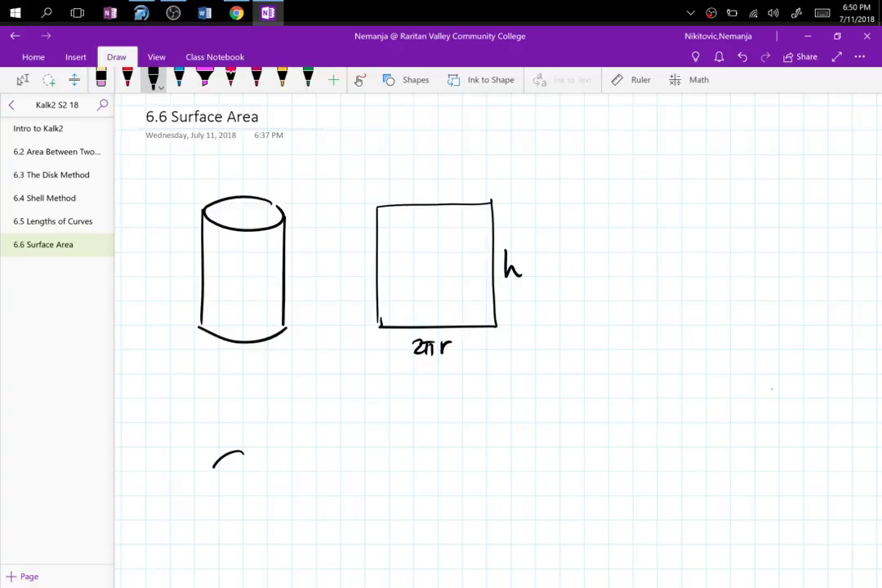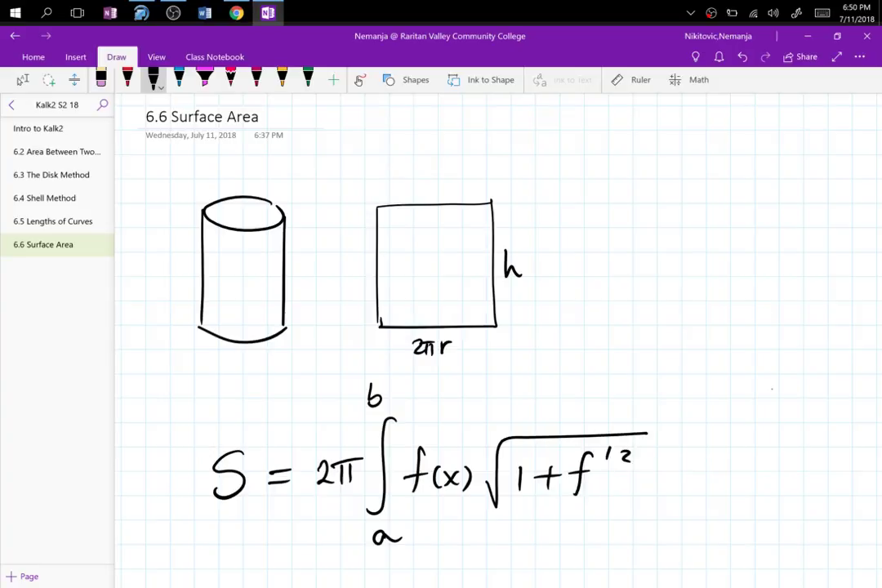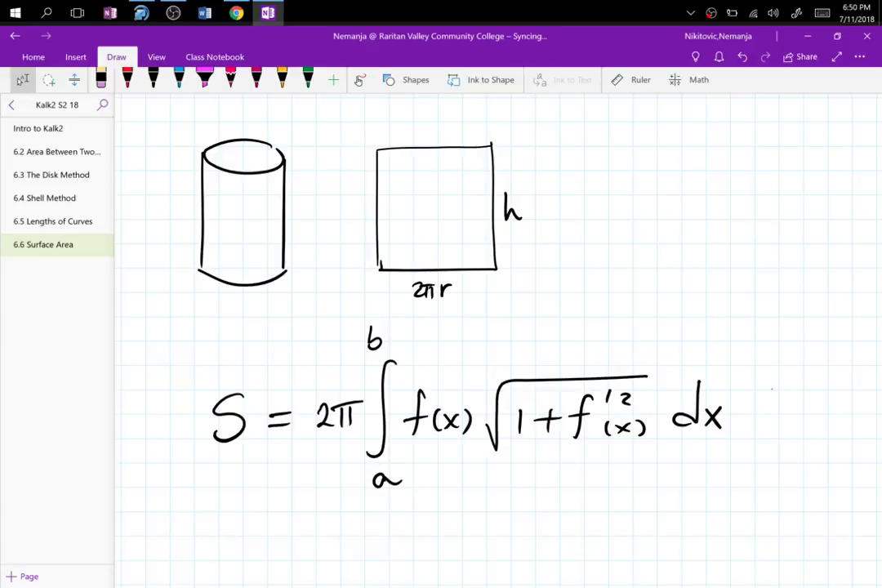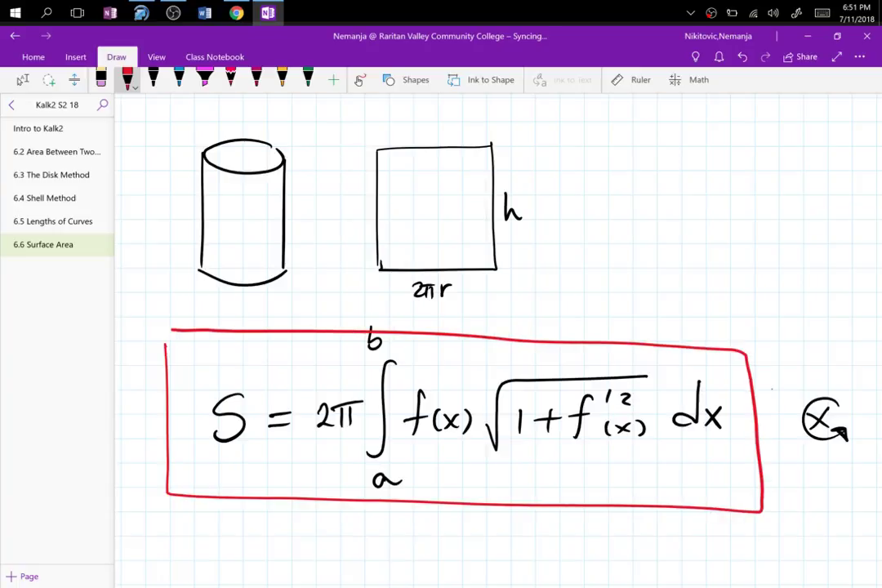So we have surface area is equal to 2 pi integral from a to b of f of x times the square root of 1 plus f prime squared of x dx. So this is the formula, and the rotation over here is on the x-axis. We see the 2 pi that gives us the curvature, so it's a round object. And then we also see that this is the area equation. It is two-dimensional,